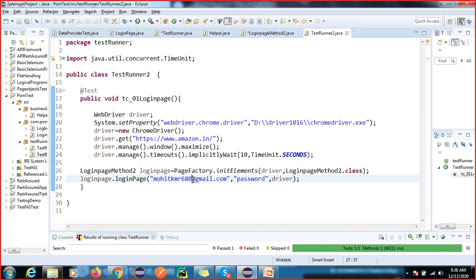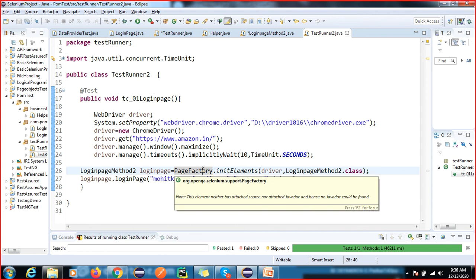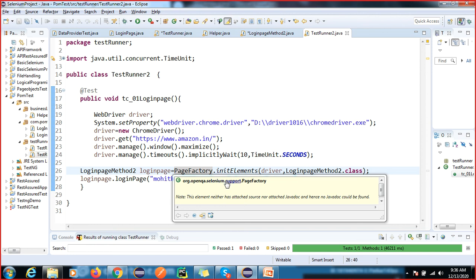We have one method called, this is your interview question, what is the PageFactory class? PageFactory is a class which is available in selenium dot support. Inside this it has the method called initElements. It will accept two parameters, driver and your page class name.